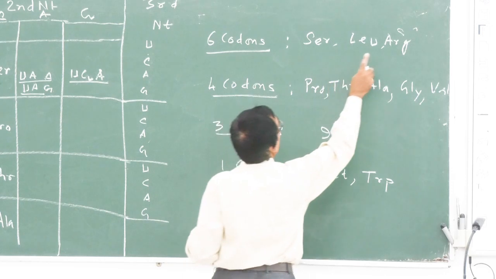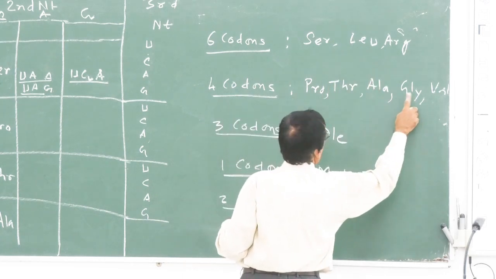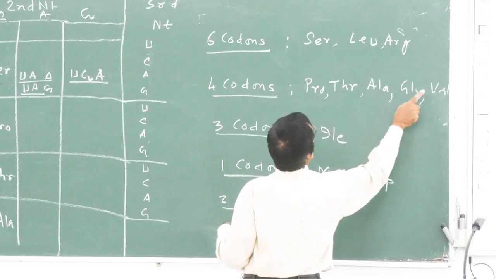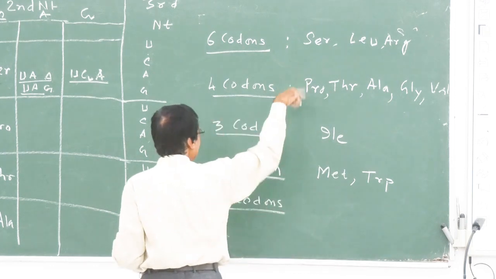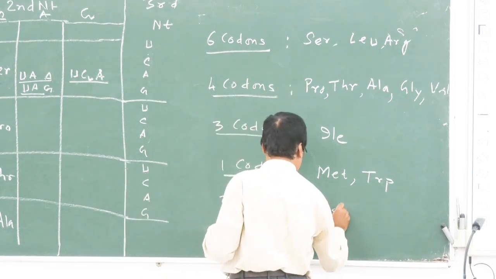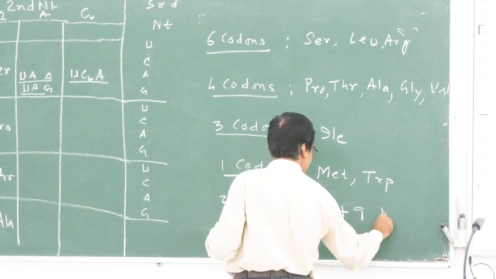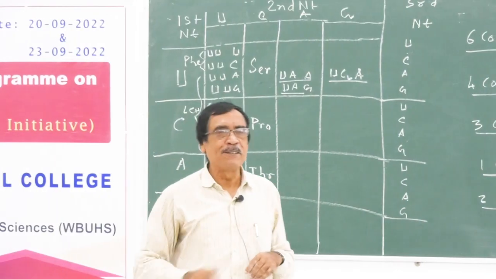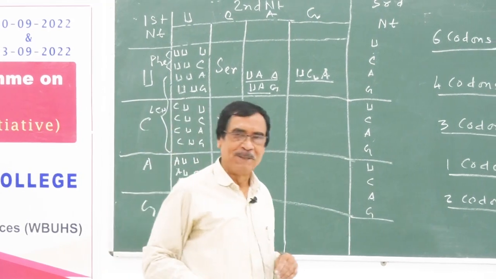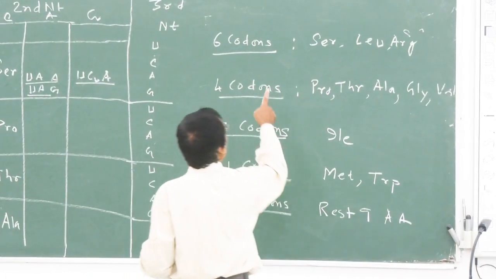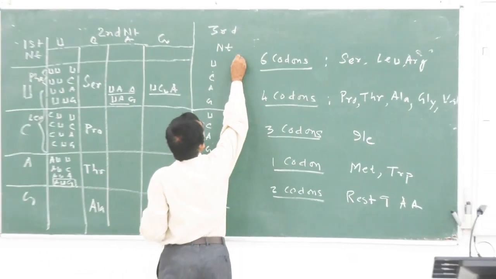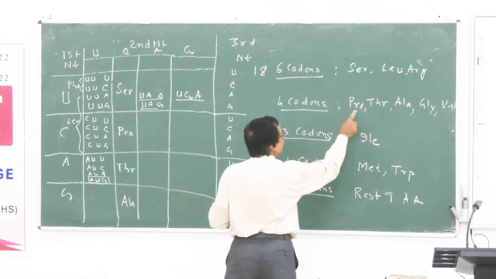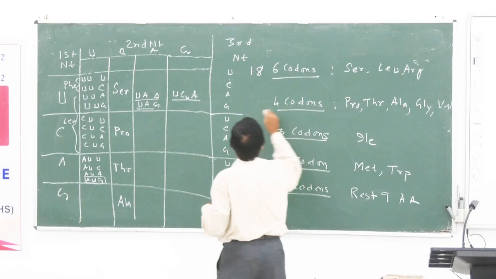রেস কতগুলো থাকছে 1 2 3 4 5 6 7 8 9 10 11, 11টা হয়ে গেছে তাহলে রেস নেই, রেস নেই এমন সেটি যেটা দুটো কোডন। এবার তুমি হিসাব করে দেখো 61 হবে কি হবে এটা। 6টা কোডনের জন্য 3টে অ্যামাইনো অ্যাসিড তাহলে 3 * 6 18, এখানে 18টা কোডন চলে গেল। এখানে 4টে কোডন কটা অ্যামাইনো অ্যাসিড আছে 1 2 3 4 5, এখানে 20টা চলে গেল কোডন।